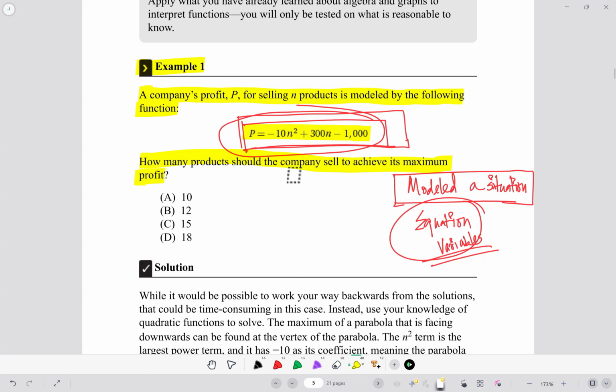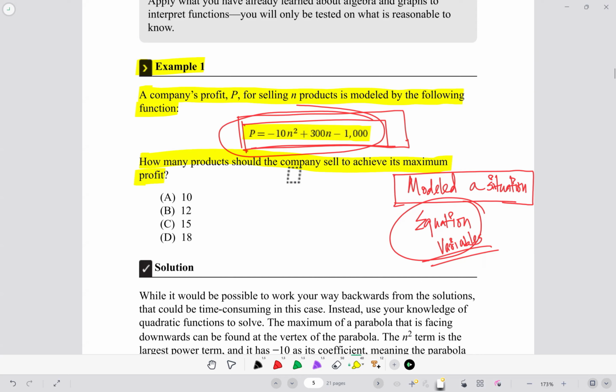Should they sell 10 products to achieve the maximum profit? Should they sell 12 products? Should they sell 15 products, or should they sell 18 products? These are the options. And if you just look at this equation, you can see that